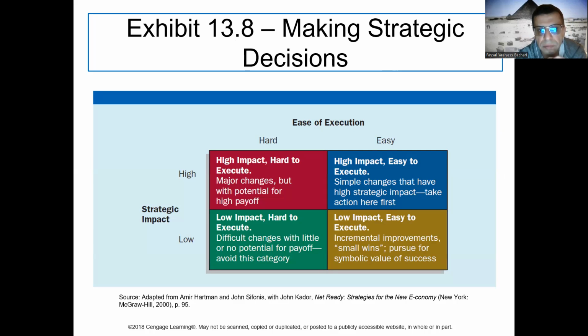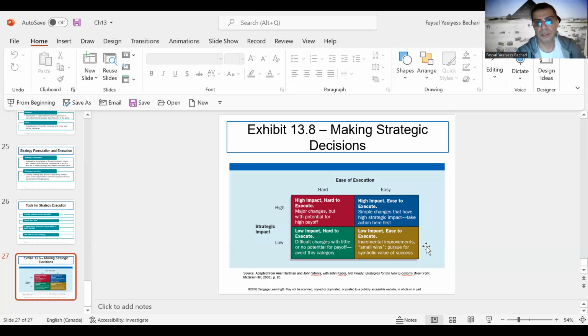Now, we have making a strategic decision. When we make a strategic decision, it's based on two things, so we can explain this based on ease of execution and strategic impact, and accordingly, we will explain which one we should take action toward more and follow it. And that's it. The chapter